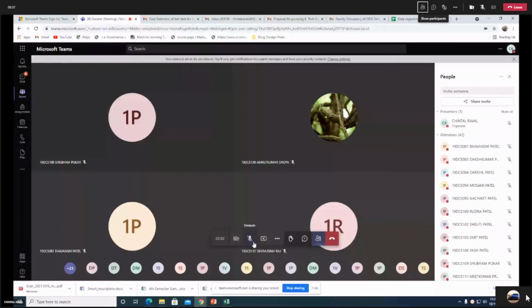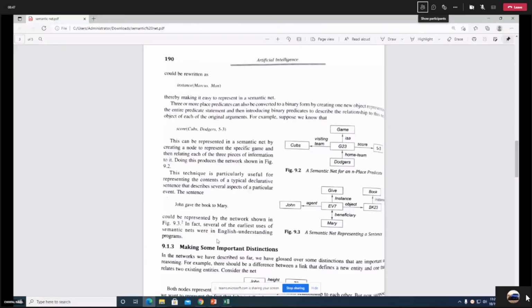So we can create an object like this. If you are not aware of the information, this is all about our English understanding. During the exam, if it doesn't strike you that you need to write visiting team or home team, then at that time we can write team 1, team 2. That is also a valid representation in the semantics. I will consider it and you will definitely be given the marks.